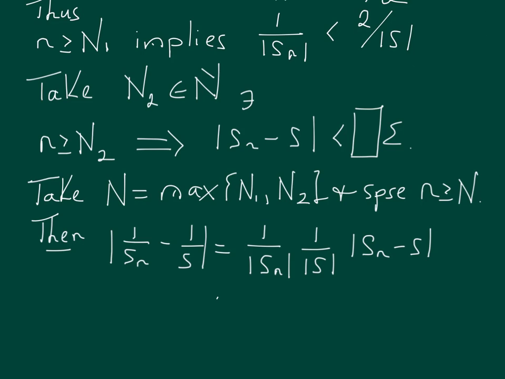Alright, so this is less than 2 over the absolute value of s times 1 over the absolute value of s times, well, now what? Because little n is greater than or equal to capital N, we know that little n is also greater than or equal to n sub 2, so we know that this distance is less than whatever we decided to put here times epsilon. So we can write that this is less than something like this times epsilon,